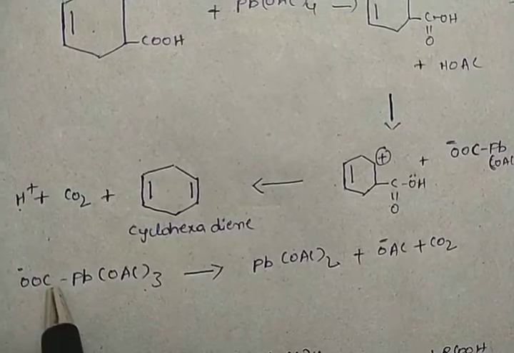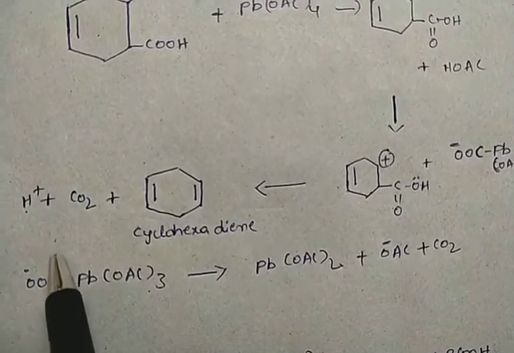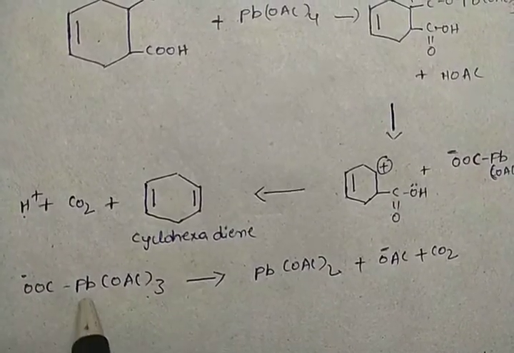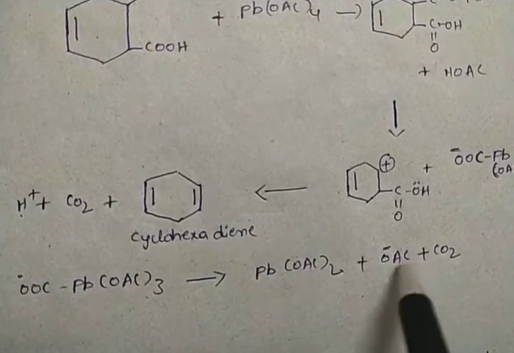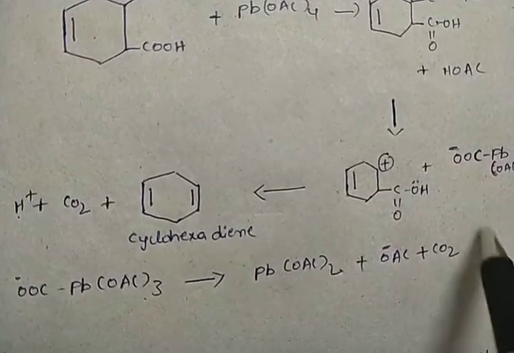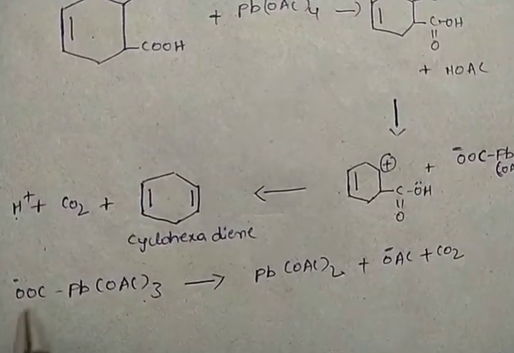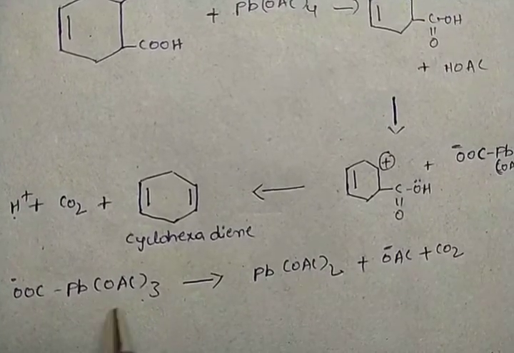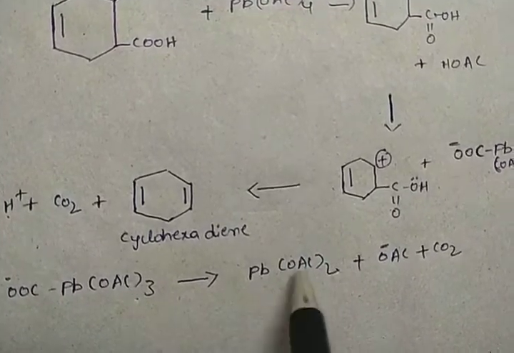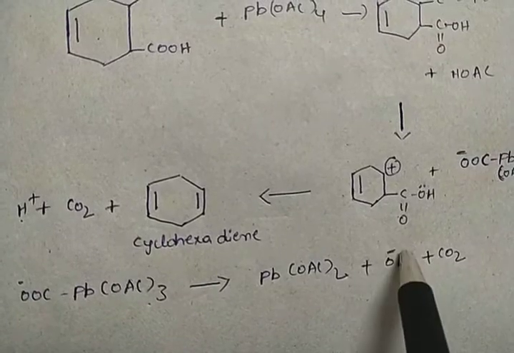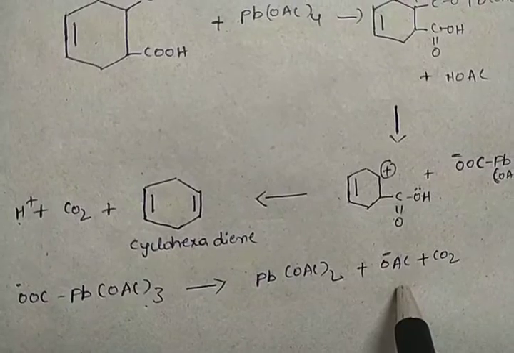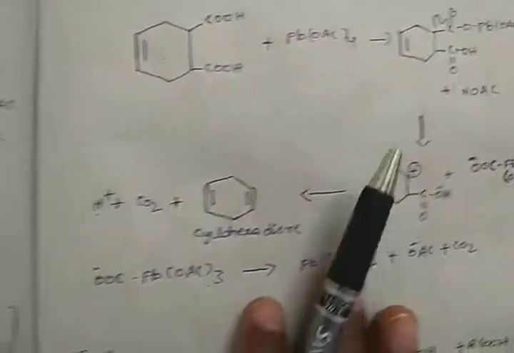So okay, this is also a carboxylic acid, so it will give towards the lead, and the acetate ion will be liberated, and the lead acquires the lone pairs. Okay, the acetate ion will be like this. This is the carbon dioxide gas, and this is generally not required, this is the byproduct, but I am explaining. So carbon dioxide will be liberated here, 1 mole of acetate ion will be liberated. So what remains here? Lead diacetate, so this one. So this acetate ion will again react with the proton, then again it will be converted into acetic acid.